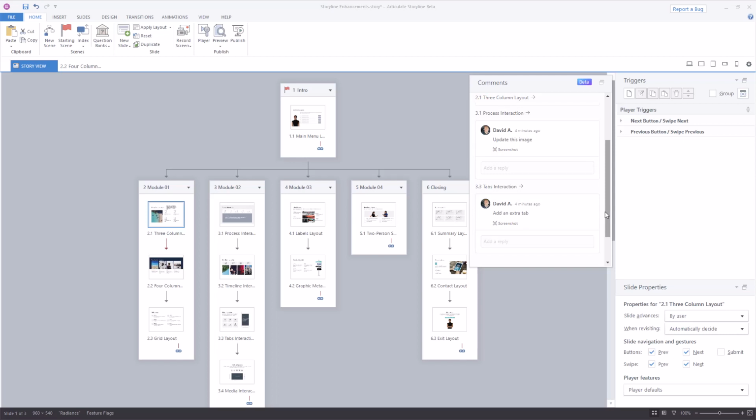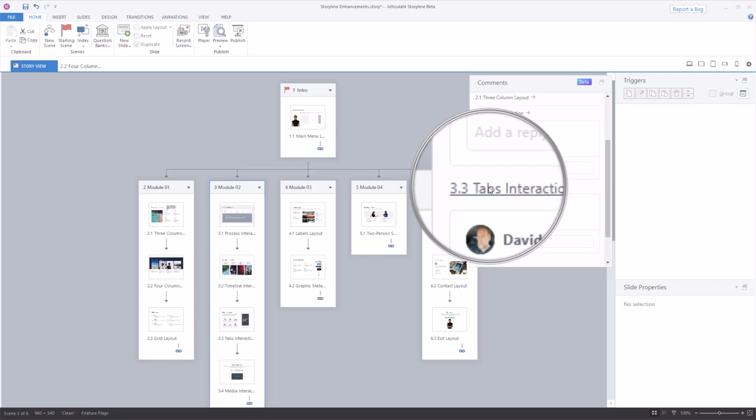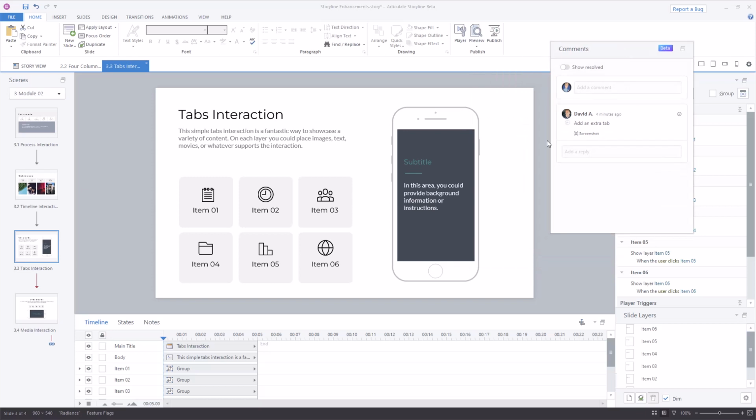Just like with Review, and this is again probably one of the, I find this to be the most helpful. Notice how I have the highlight here for each of the scenes or the slides. If I click that, there we go, I'm automatically taken to where that feedback is. It's almost, I'm going to say it, almost easier to manage the review comments within the app than it is in Review. Probably not true, but having that ability to jump to that particular slide where the comments are, that's incredible.